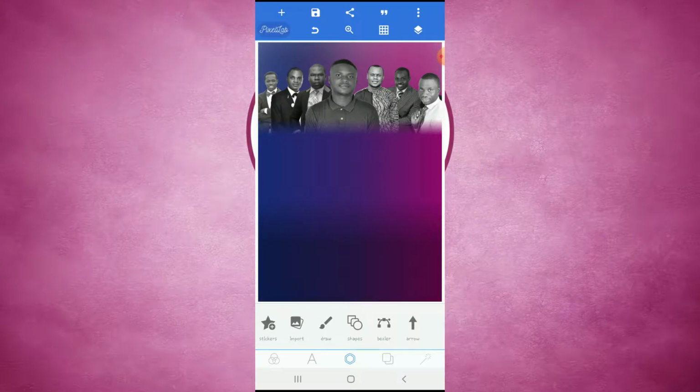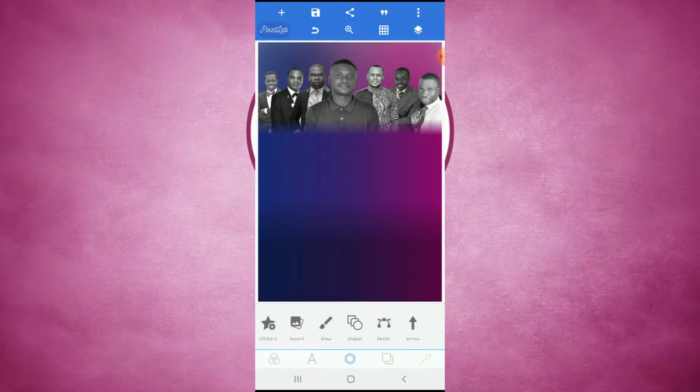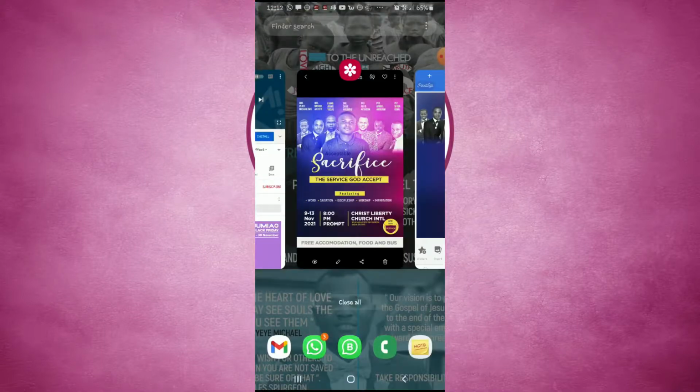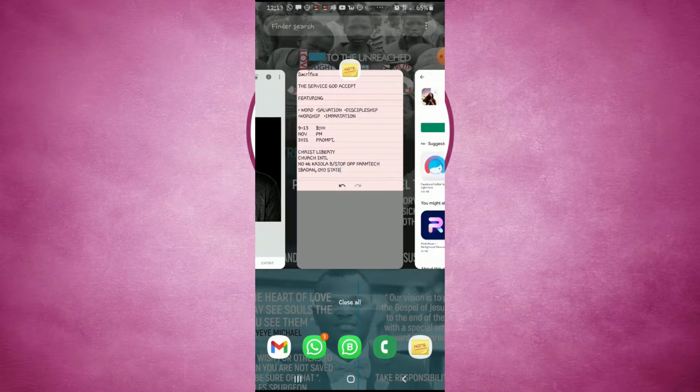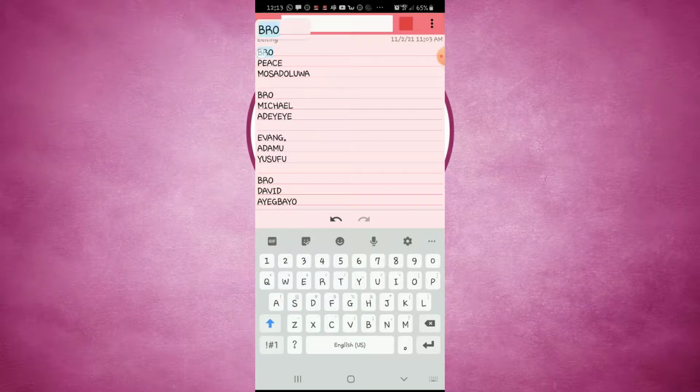So once that is done, you are done with the background, and the next thing to do is just to write your text and every other thing. So I will join you in that. I'll just put you through on how I did that. So yeah, so you can see this is the color note. I've already written out what I want to use, so I'll just be copying and pasting my text. So for the minister,